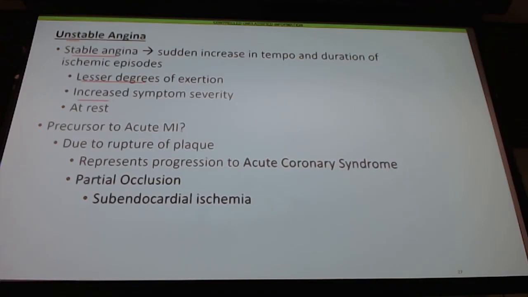Normally their chest pain, that pressure, they usually rate as a 2 out of 10, but now they're going to rate it as a 6 or 7 out of 10. That change in severity indicates a progression of the disease. And if the symptoms occur at rest, this is now unstable angina, at a minimum. Because stable angina is that pattern of predictable behavior with exertion. So if it occurs at rest, it cannot be stable angina.